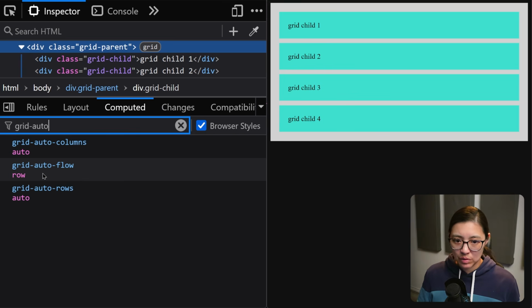Grid auto flow means that the grid container is automatically going to make the grid child items flow in rows, which we can see here. Each one is in their own row. And this is similar to the flex direction in Flexbox. Then aside from that, we have grid auto columns and grid auto rows. The auto value means that the grid children are going to be sized according to the content that they have. So right now they're all the same height because each of the grid child items just has one line of text,